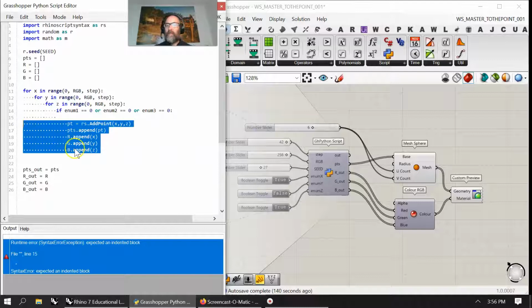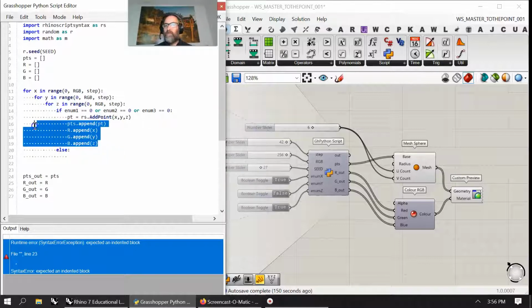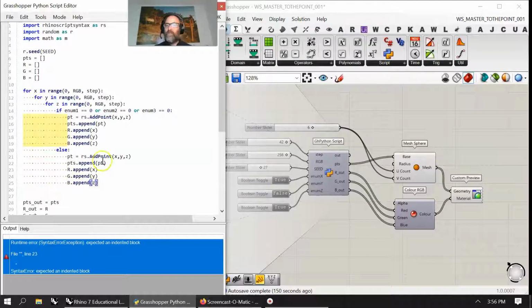Let's just tab that in and put that under there. And so if that's the condition, that's what would happen. And it might be nice at this point to go here, back it off to the beginning of the if statement, and just say else do something else, which would be else take all the points and make them, let's just copy it, put it in here and say else make the points only X, only,